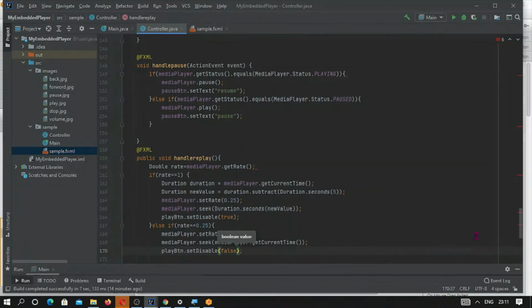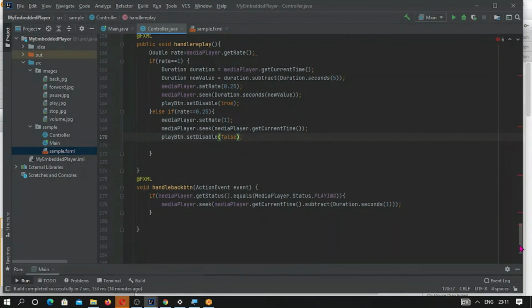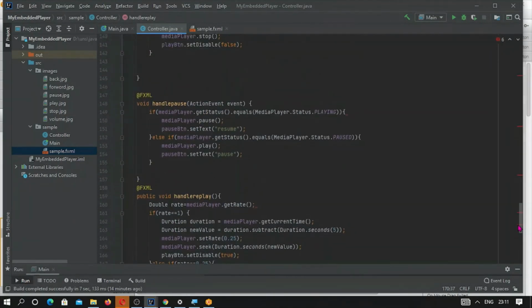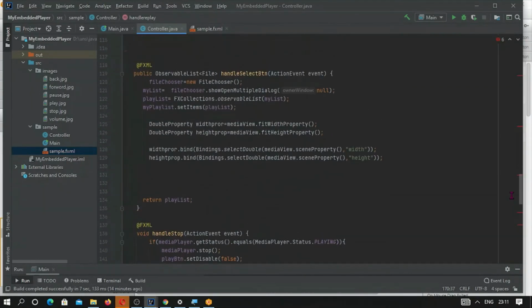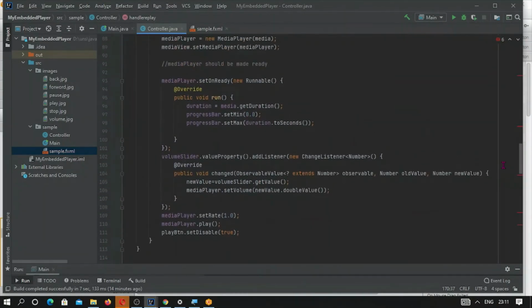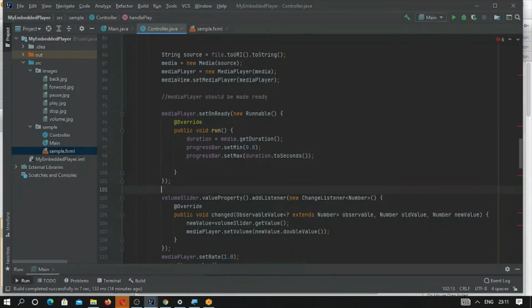So we have already done the play, pause, replay, and back buttons, and this pause button and stop button. This is select file, and this is already done, and we have to bind our progress bar also. After the ready state, we have to bind our progress bar.